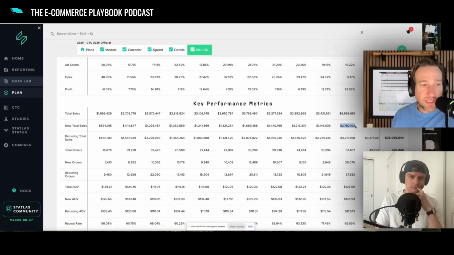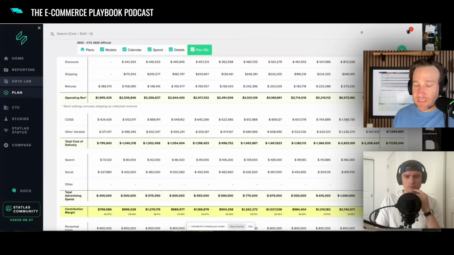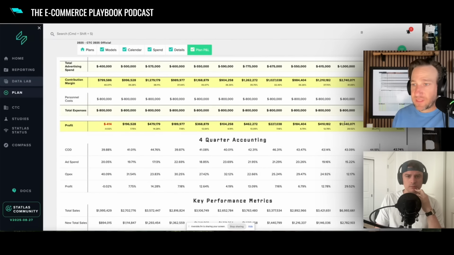Ultimately, at the end of the day, you're going to get your new customers, your returning customers, total revenue expectation, all the way down to the profit expectation. So we want to be able to consider what is the full burden cost of that revenue, and how does that relate to the profit that you want as an organization or business? Is this the right number? And then that can help us to throttle up or down the efficiency expectation.